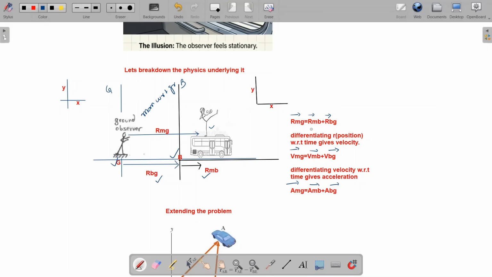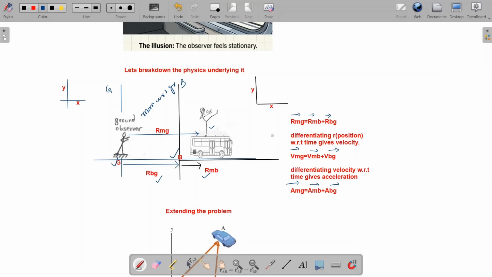RMB. Okay, what is RMB? RMB is the position of man with respect to bus. Suppose all these things are moving. If the position is changing, that means what? That means we are talking about a motion. If the position of an object changes with respect to time, with respect to a frame of reference, that means that particular body is in motion with respect to that frame of reference from where we are observing or